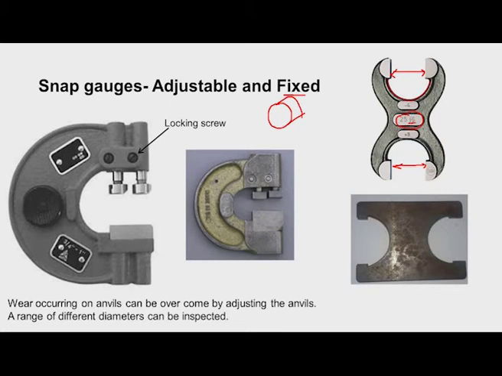In that case, one thing is we can send these worn out gauges for repair, that means they will coat them again, maybe chrome plating or TIN coating, and repair them. Otherwise, if the tolerance itself changes, the design engineer will change the design. In such cases we cannot use such fixed gauges, whereas the adjustable gauges can be changed. If the tolerance changes, these anvils can be moved and set to the new required sizes.